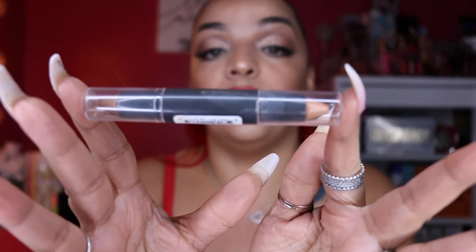And I used the dual-ended contour stick in medium. All right, so I used the dark side. And when I used the Beauty Blender sponge to try to buff it out, it disappeared on me. Yeah, I couldn't see it. I don't know if it appears like that on camera, but when I was buffing it out with the Beauty Blender, it did not